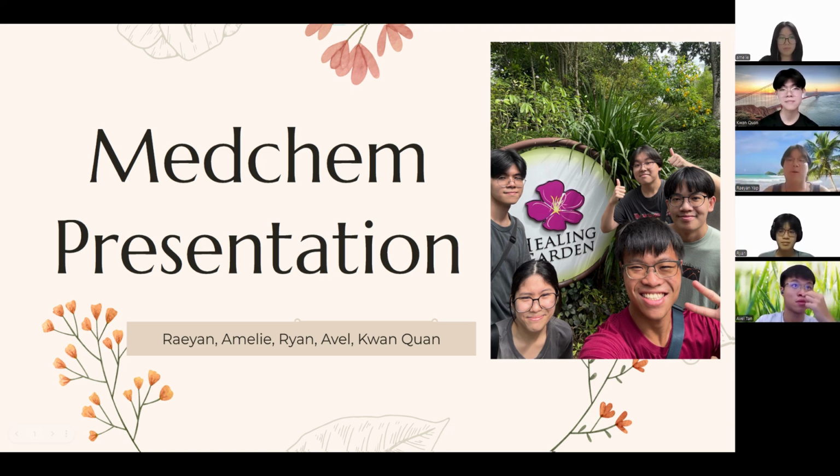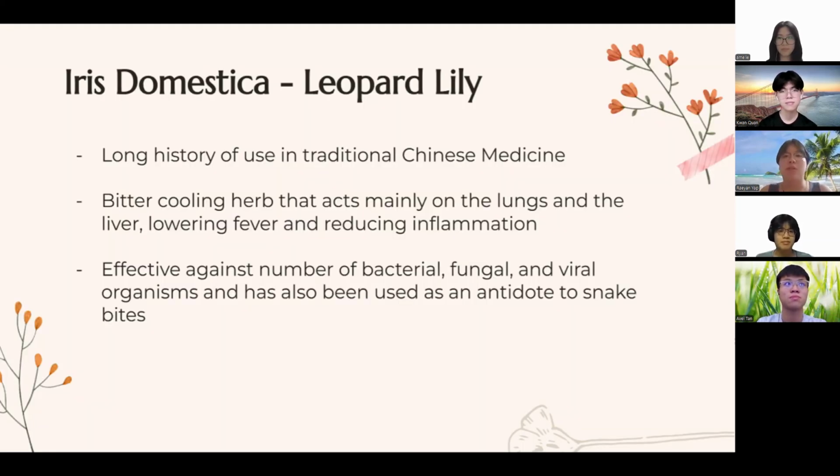Firstly, I will talk about the flower that I chose, which is Iris domestica, also known as leopard lily. It has a long history of use in traditional Chinese medicine. It is a bitter cooling herb that acts mainly on the lungs and the liver, lowering fever and reducing inflammation. It is effective against a number of bacterial, fungal, and viral organisms, and has also been used as an antidote